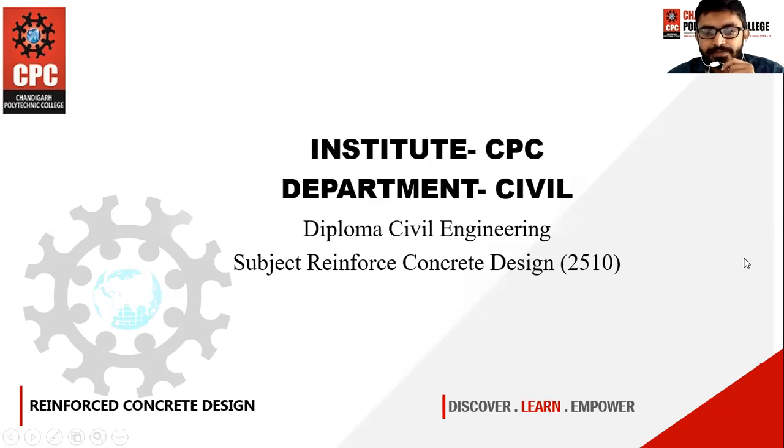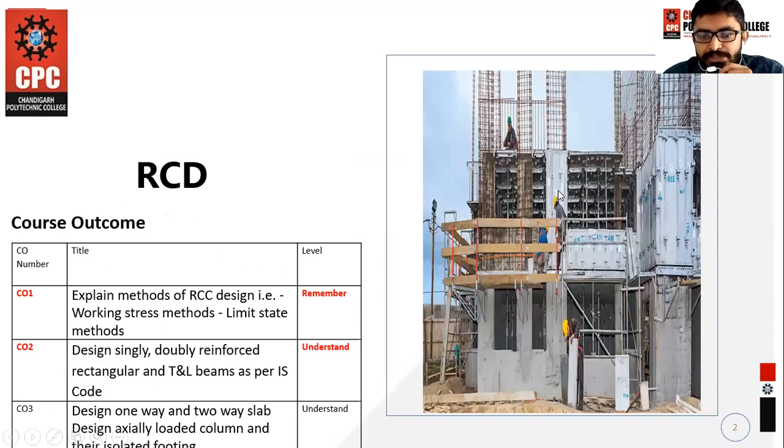So here we can see in this picture that there is a slide in which the reinforcement is there. The reinforcement is here and the shuttering after, this is the construction of a building. So after installing the reinforcement, this is the column basically. And after installing the shuttering and all these components of the building, then the construction work is started.